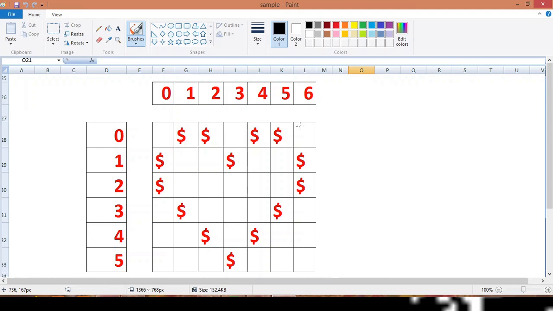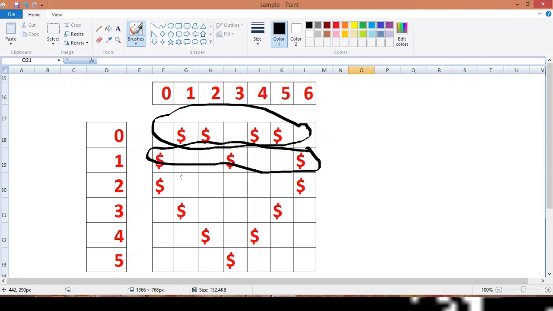I will first write the condition for this row, then for this second row, and then for this, and at last I'll write the condition to print this part. So overall I'll write 4 conditions. One condition will print this, the second condition this one, the third this one, and the fourth this one.